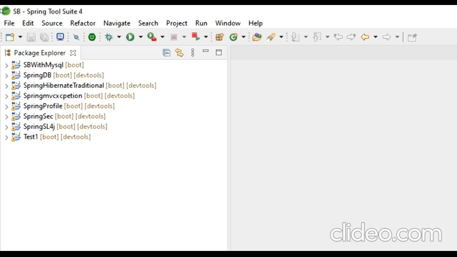Okay, let me explain Spring Web, Spring Data JPA and MySQL driver. So Spring Web is used for building web applications. You need to know what a web application is.